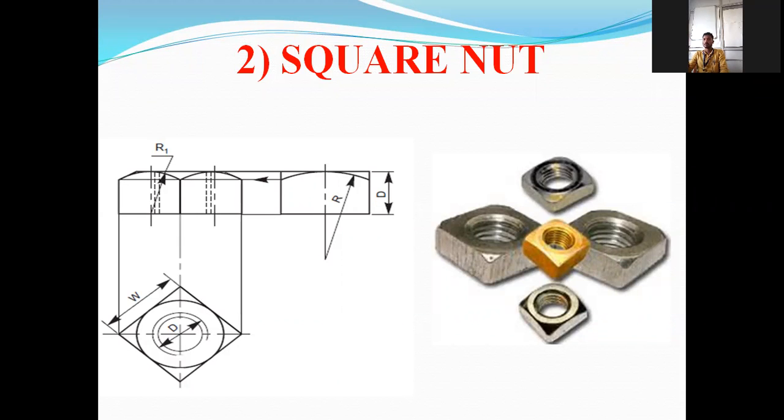So a question may come to your mind, why is it so? Why is the periphery bounded by a hexagon in the case of hexagonal nut, and by a square in the case of square nut? I told you yesterday the reason behind this: hexagonal nuts are frequently used in practice, but square nuts are used rarely. Are you remembering? Anyone remembering?